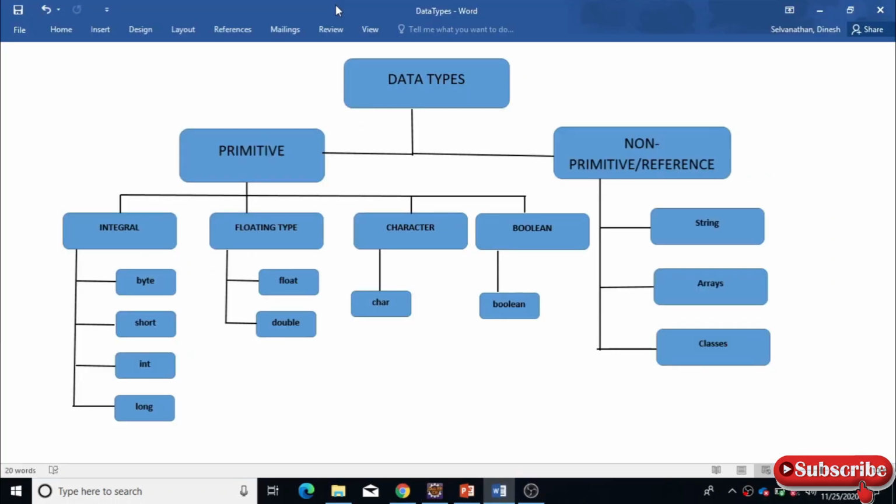Here is the classification for the data types, and mainly it is divided into two. One is primitive and the other one is non-primitive. So under primitive, you have four classifications. They are integral, floating type, character, and boolean. And all these primitive data types are predefined in Java, and they have their own sizes and range. So based on the size of the value that you want to store, you can choose the data type under